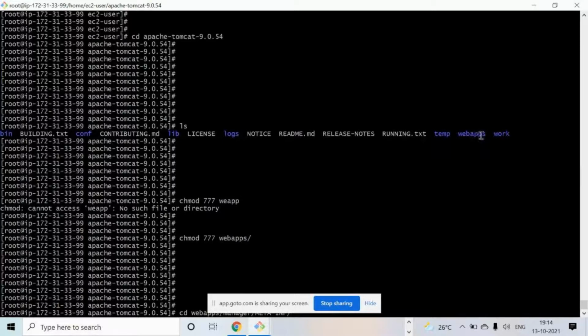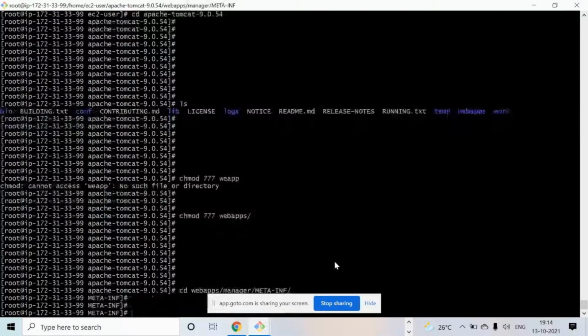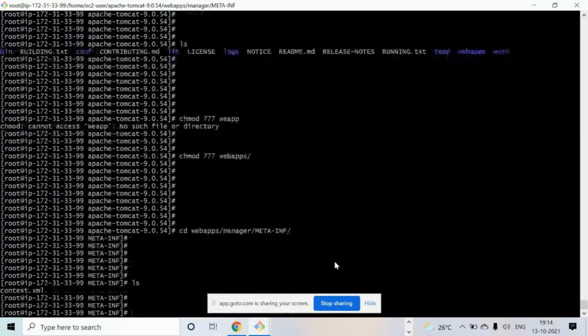If you go into webapps and ls, you will get a manager directory, and in manager you enter and do ls, then you will get the META-INF directory. In that you have the context.xml file.